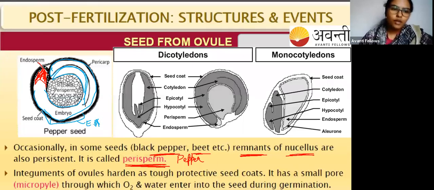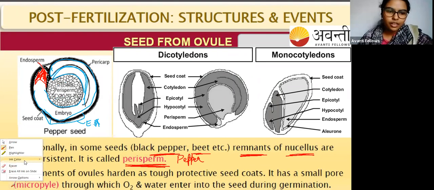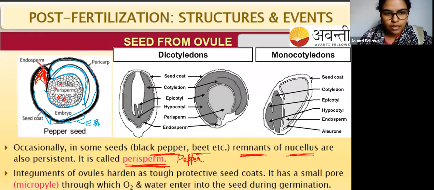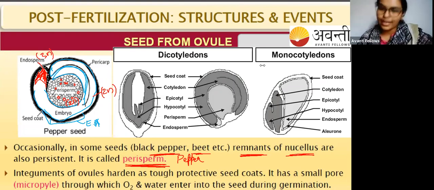Okay, so now there is the presence of endosperm and embryo. Okay, so inside if you look, there is the remnant of the nucellus, that is perisperm. तो ये सारा perisperm cells हैं. Okay, so these are diploid. Our embryo is also diploid. Endosperm is triploid. Okay, right? So this black pepper is a very good example for both endospermic, that is albuminous seed, and also the best example for the perispermic seed.